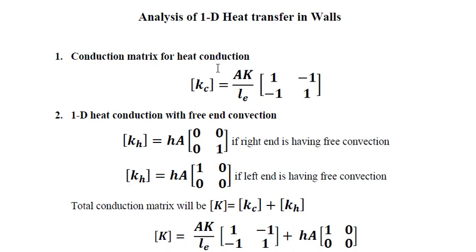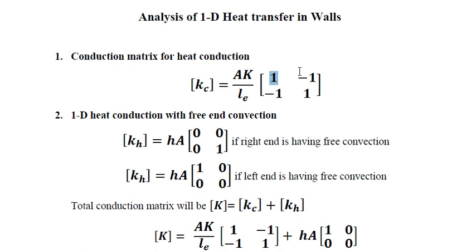We have seen that the variable in trusses is different, the variable in beams is different, the variable in torsional elements is different, the variable in bars is different. Here the variable is T. T is that which is going to vary. So at each node there is 1 degree of freedom, that is heat flow only in one direction, that is in the X direction. So here, similar to the bar element, the stiffness matrix K is given as A into K by LE, [1 minus 1; minus 1 1].